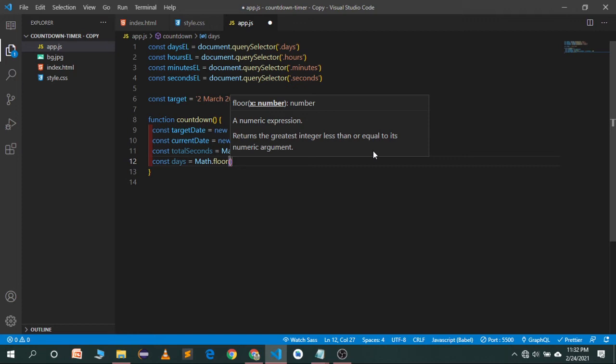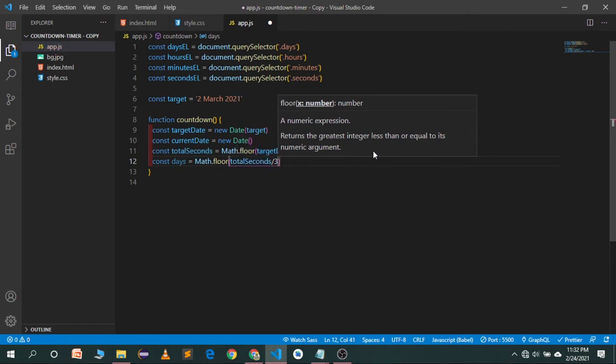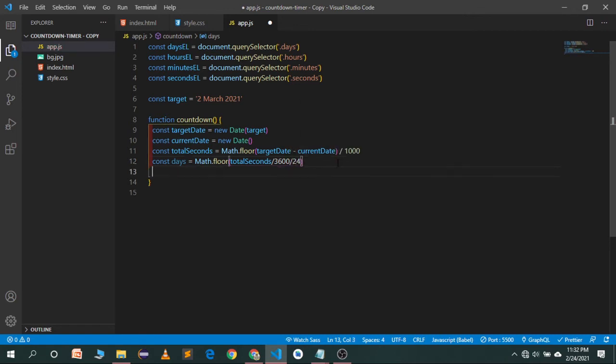For example, if we get the answer 5.3 or 5.2, Math.floor will convert it into a 5. So let's get the days value: total seconds divided by 3600, divided by 24, it will give us the days.